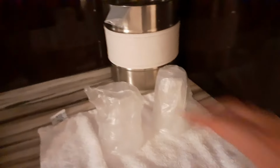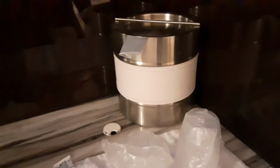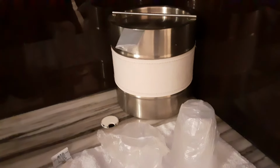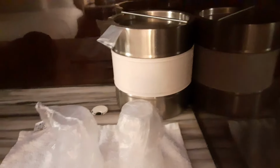Some more amenities, you'll get these plastic cups and also an area for ice. Most of the vending machines and the ice machines are on each floor. I haven't used it yet, so I don't know where mine is, but it should be nearby. Then we have